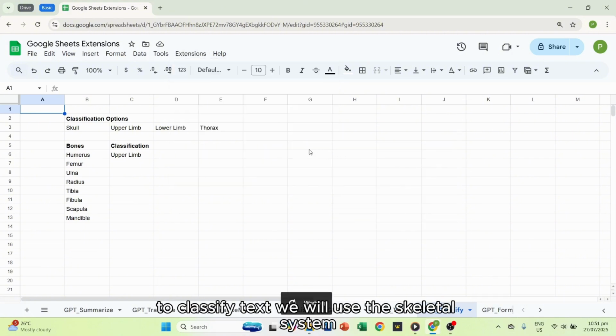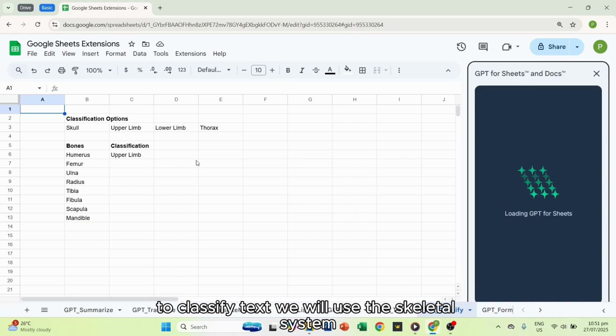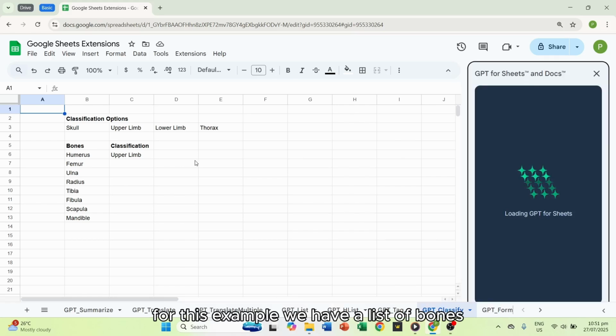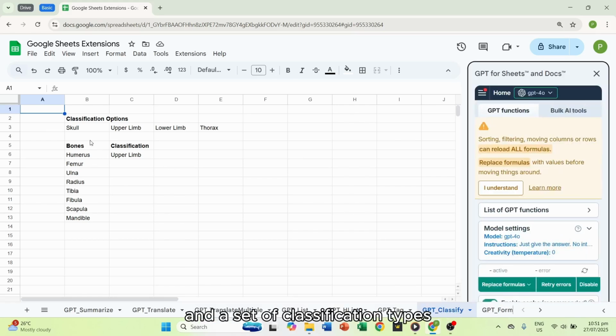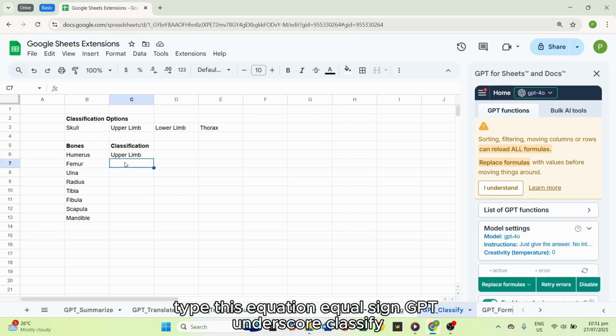To classify text, we will use the skeletal system for this example. We have a list of bones and a set of classification types at the top. In the designated cell, type this equation: